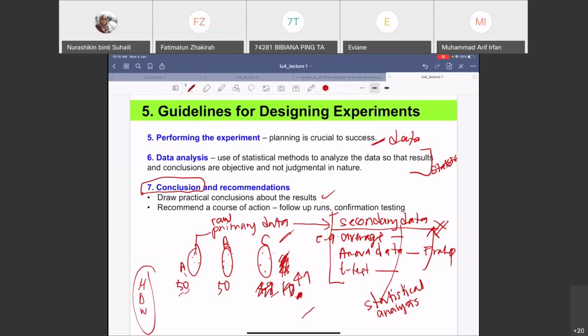Okay, that is recommendation. Maybe you can state your recommendation: future studies should be carried out in order to understand why the weight is the most influential effect among all the beetles in these areas, something like that. Okay, so that is the importance of the conclusion. So if you draw a wrong conclusion, because of wrong data from wrong statistical tests, the impact is very contagious. It will lead to a different conclusion. It will lead to